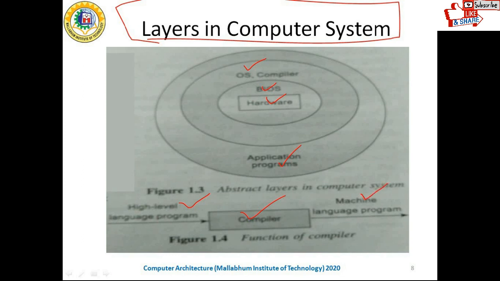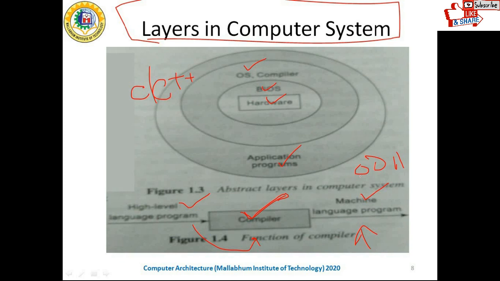So the computer does not understand the high level language program. That means whatever you have written in C, C++ or Java cannot be understood by the computer. There is a compiler that resides in every computer, which translates this information into machine level language. Machine level language means it only understands zeros and ones. Every instruction has to be converted to zeros and ones with the help of the compiler.